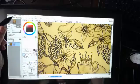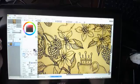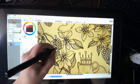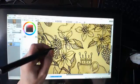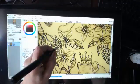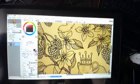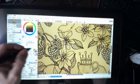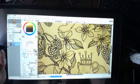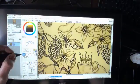I'm actually working in SAI today, which is a free paint tool, I think it's Paint Tool SAI. So I've chosen a colour, and this particular software allows you to, once you've got a colour, gently select and it'll draw in that colour. So I just want to, and what mine seems to do is to change, and I can't remember how to do it because I've just been working in something else. If I go into marker,